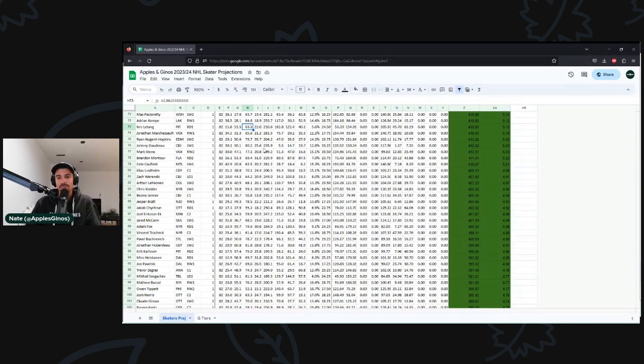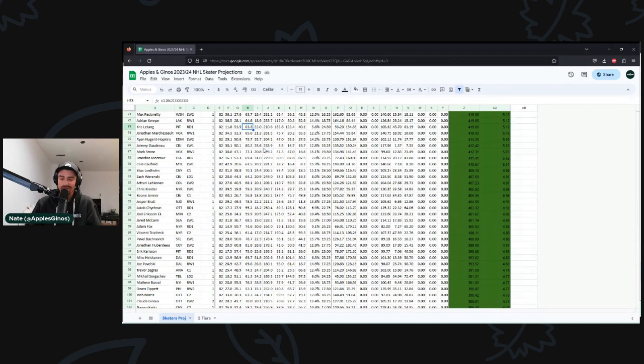But I think that's a key point. You want to value the upside over safety. When you get to the late rounds, it's all upside at that point. These are players that you're really happy if they stick on your squad the whole season. So there's really no sense in being super safe. There is some level where you shouldn't draft all players who might start the season on the fourth line just because they have some perceived upside. You want to have a starting lineup. You only have so many adds per week. Don't go too crazy with this, but definitely value the upside more than you value the downside the further you get into your drafts.